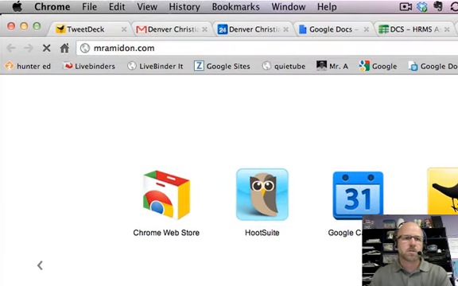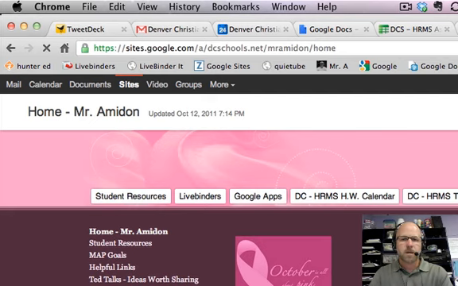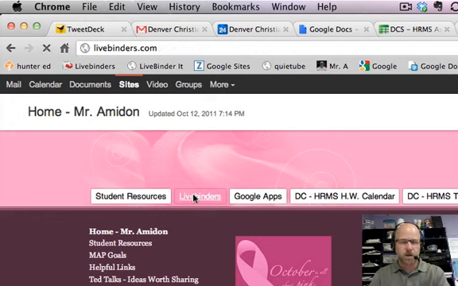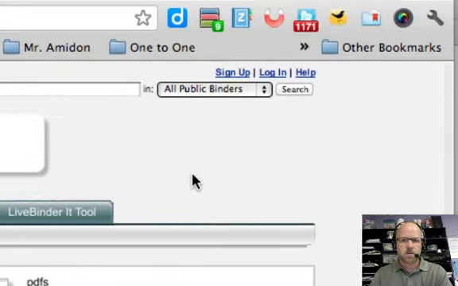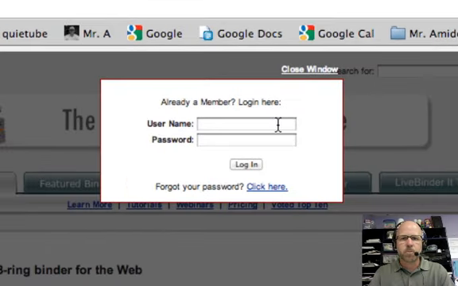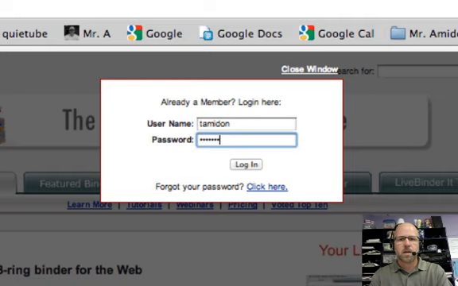So the students have been going to mramadon.com and finding this, and then right up here is a LiveBinders link. And so then it'll come up to this, and then up in the upper right hand corner you'll notice that there's a login and a sign up. Now I encourage the students to use the same username and same password as their Google Apps account. Most of the students did that. Some of the students did not, and so hopefully they remember their username and password. So far they've been pretty good at that. So you log in, and